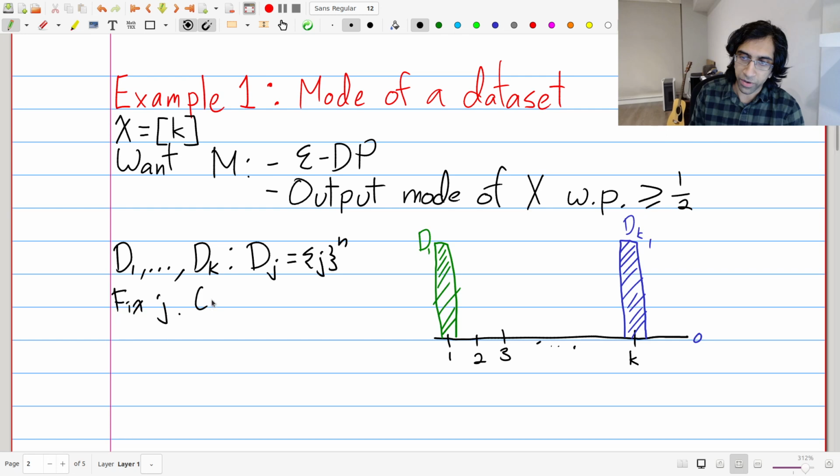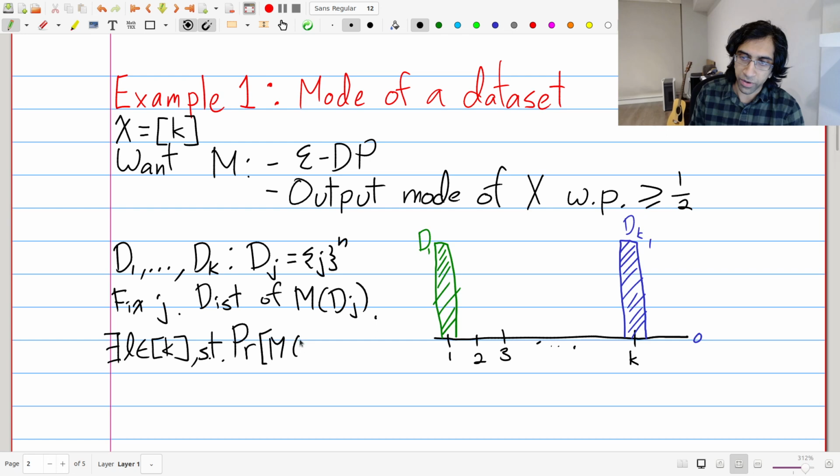And let's consider the distribution of M on Dj. So what can we say about the distribution of M on Dj? Well, M on Dj has the following property. Since the only valid outputs here of what could be the mode are 1, 2, 3, all the way through k, that means it's a distribution over items 1 through k. In particular, since it's a distribution on 1 through k, there must exist some symbol L in [k] such that the probability that M on Dj is equal to L is less than or equal to 1 over